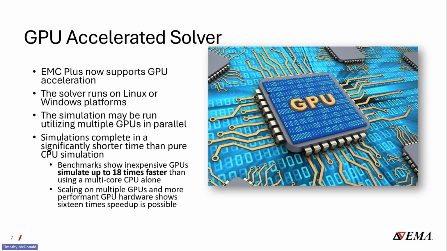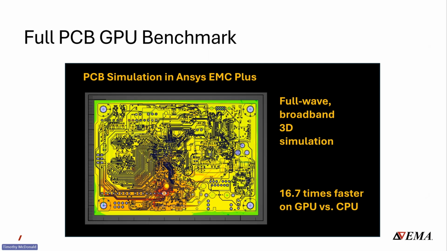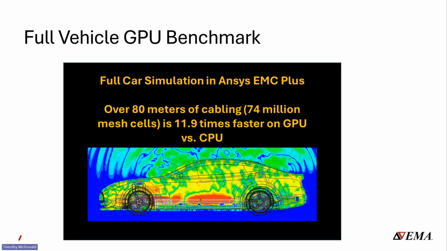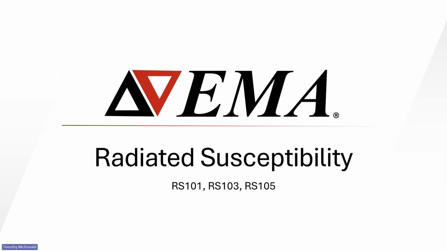And we've got some new benchmarks showing how good that can be. For example, on full printed circuit boards, it's 16.7 times faster in a GPU versus a CPU. And then a full car is something like 11.9 times faster on a GPU versus a CPU. All right, with that, we're going to shift gears and we're going to talk about some real validation of real